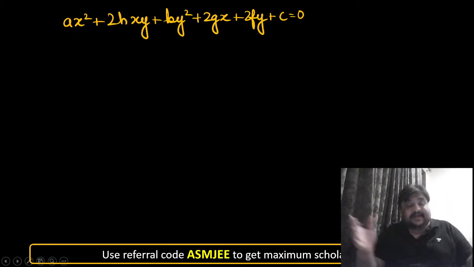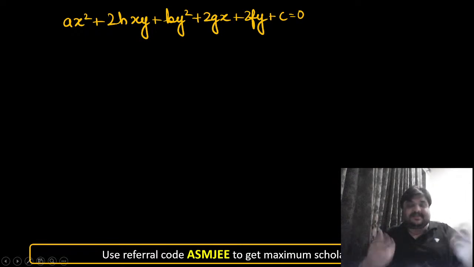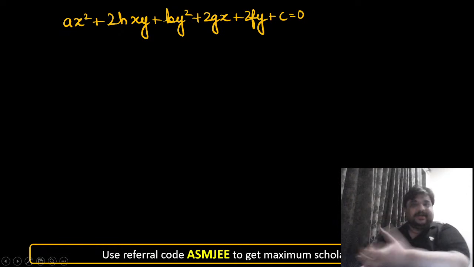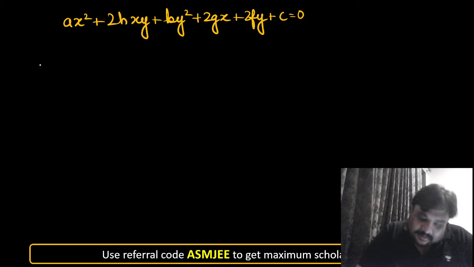Agreed. You can say if the distance between the lines is 0, then it's coincident. But how to find the distance? It is again that chicken and egg story. To get a chicken, you need an egg. To get an egg, you need a chicken. So there is one more way. I'll show you. Put